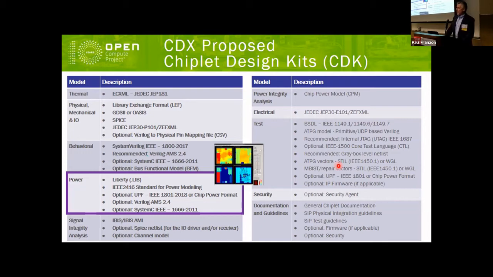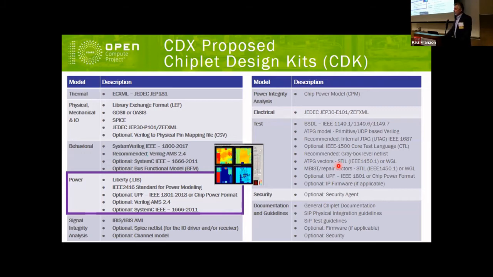Now, a .lib model, or Liberty model, is commonly used for system on chip IP, and that's used to define simple power as well as timing type information. So we are requesting a .lib model for the chiplet. It would be a high level power estimate, as well as the I/O timing information for some of the slower speed I/O, predominantly things like test and control type signals. The high speed I/O, you're going to run signal integrity analysis.